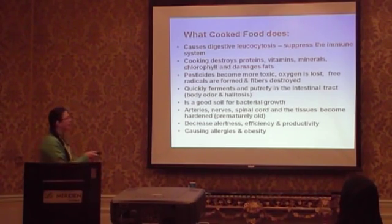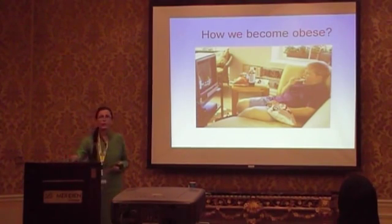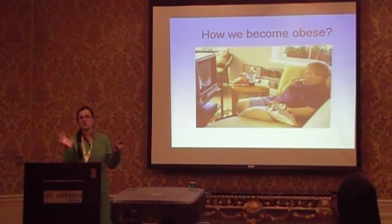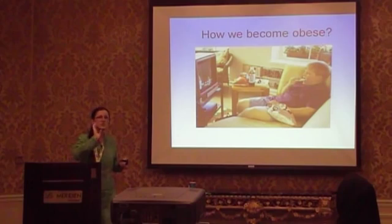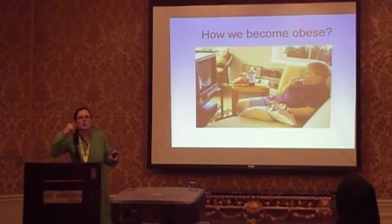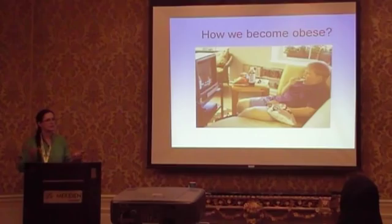And how does cooked food cause obesity? When you eat cooked food, the body doesn't get any nutrition, correct? Almost everything is killed. All enzymes are killed. So because of this, immediately after your lunch the body starts to think about the next supply, the next meal, because there is nothing in the body. So you constantly eat, and this constant eating, pouring calories into your body with no nutrition